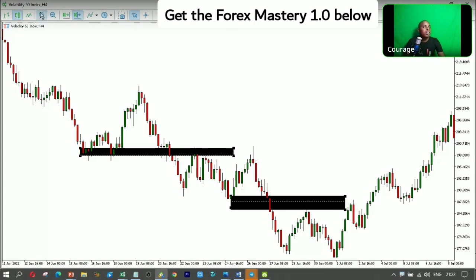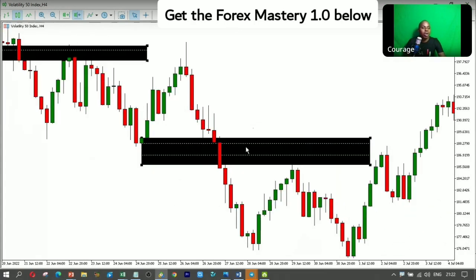Let me zoom this in. What do you see right here? Another bearish engulfing candle, confirming to you that the market is likely to reverse from this point, right? And for you to